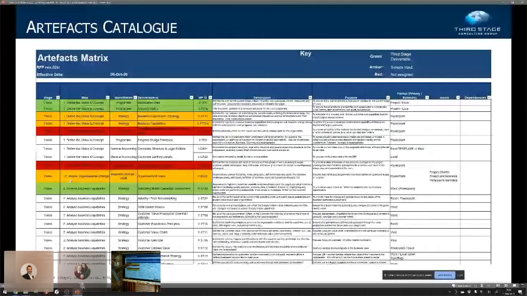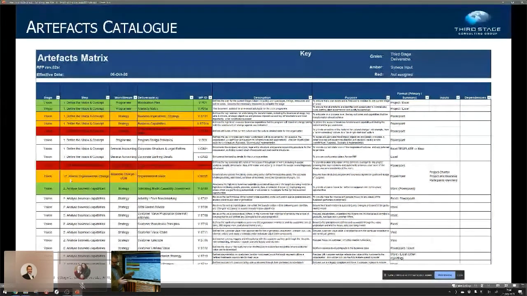So there are some program artifacts, there are some strategy artifacts. In this case, there's some general accounting artifacts, there's some OCM artifacts, and there's the strategy artifact. And you'll see that these are broken down to a very low level of detail. We describe what each deliverable is in a lot of detail, what it is, what it's supposed to do, what its purpose is, and even to the extent that we suggest a format. Now we have templates for all of these